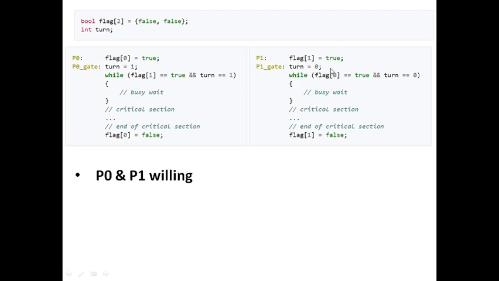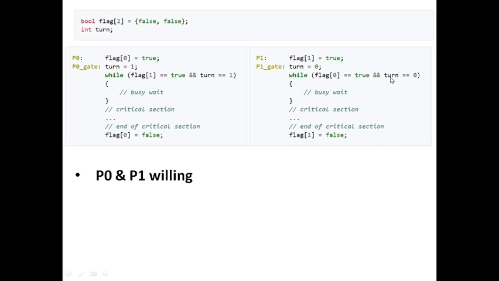Now look at the other process. Here also P1 is trying to achieve the same. Flag of 0 is true, because P0 is also interested in entering the critical section. But turn equal to 0 is false, because though P1 changed the turn to 0 initially, it gets overwritten by the other process, so P0 changed it to 1, so this condition is false.